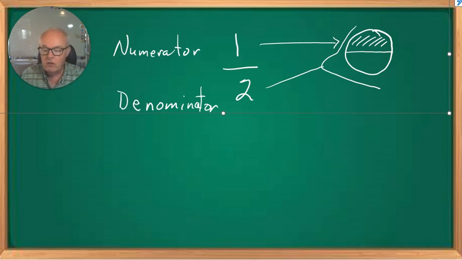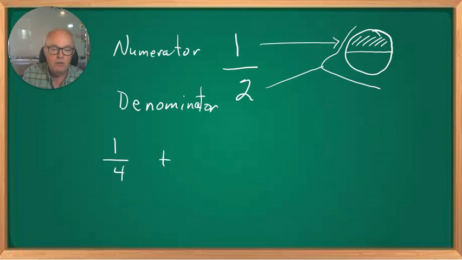So let's start looking at how to add fractions with common denominators. As mentioned before, the bottom number, the number of pieces the whole has been divided into, is the denominator. And if we have two fractions with the same denominators, all you have to do is add the top numerators. So for example, if we had